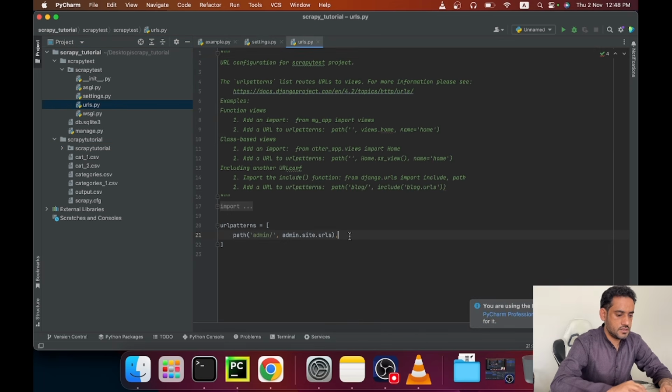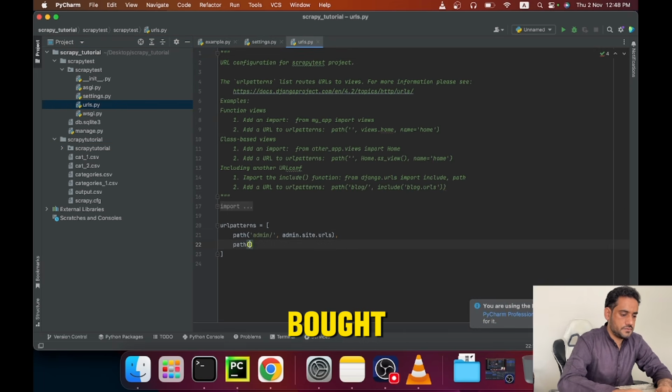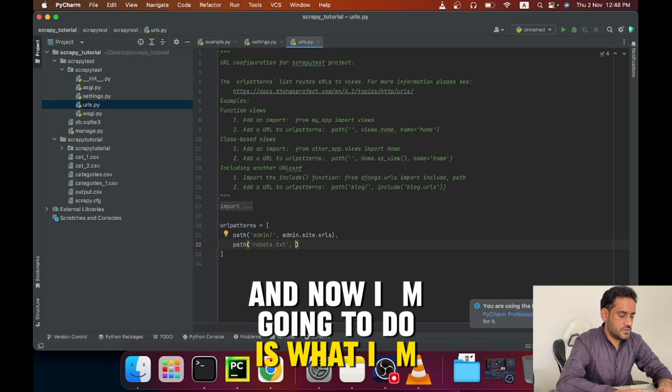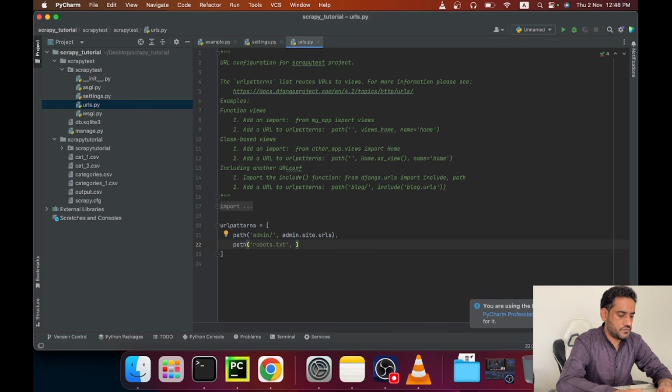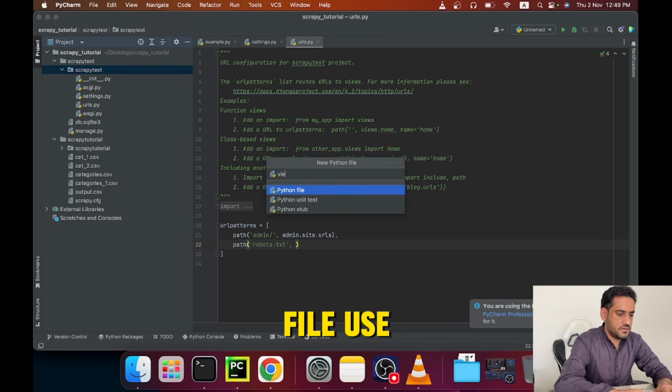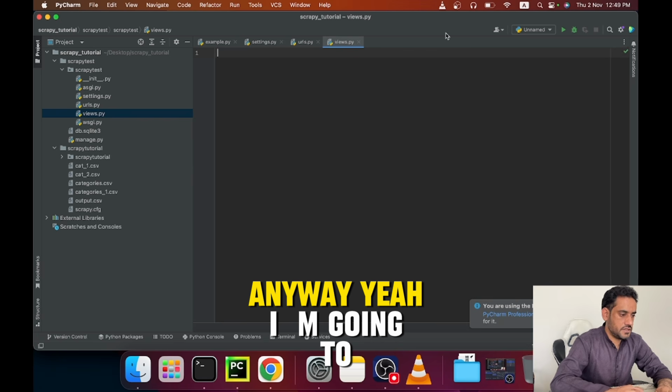URLs, path.txt. And now what I'm going to do is create something here, which is supposed to be a Python file, views, where I'm going to